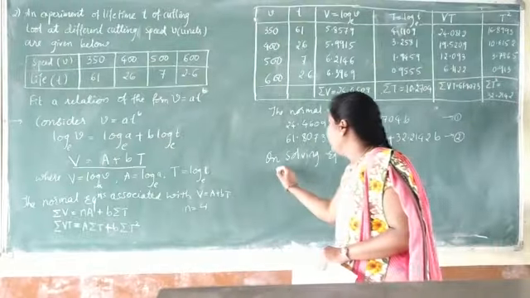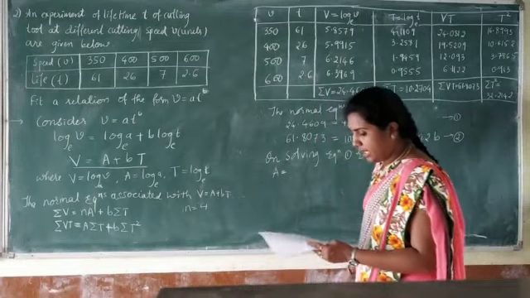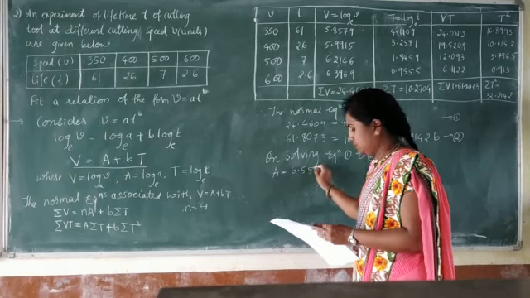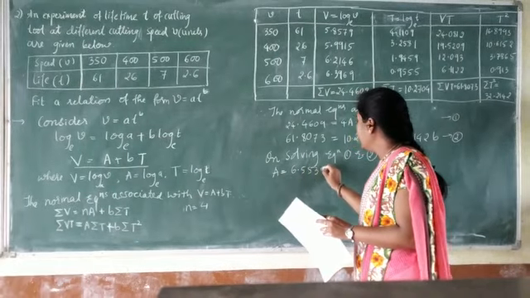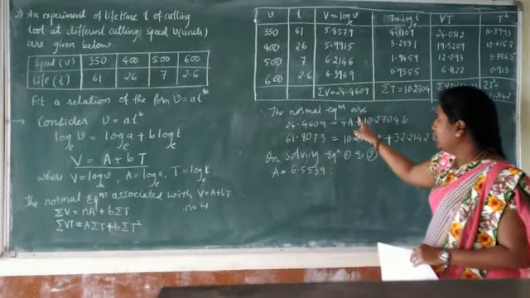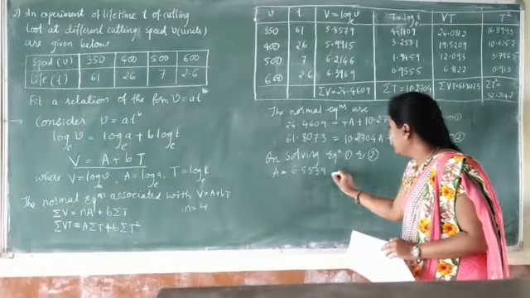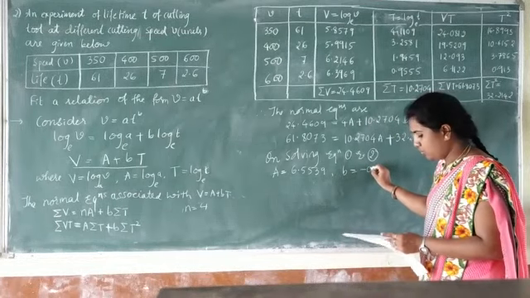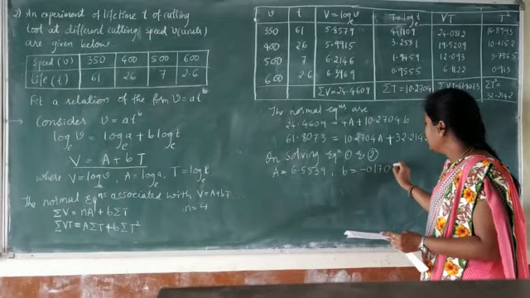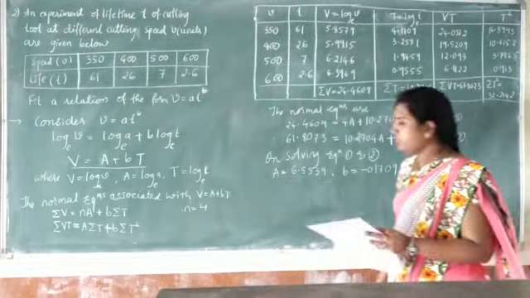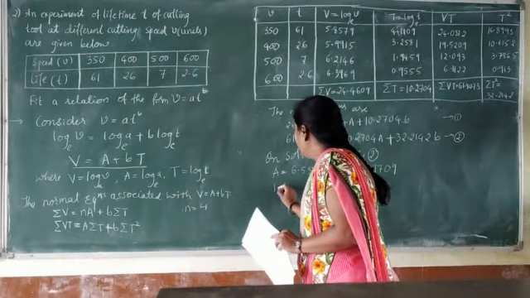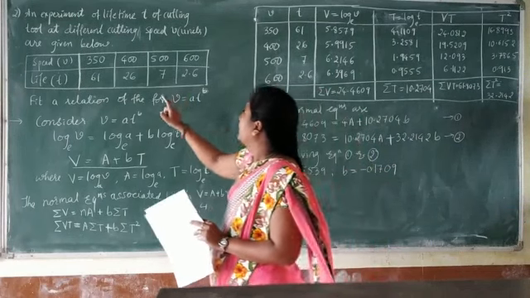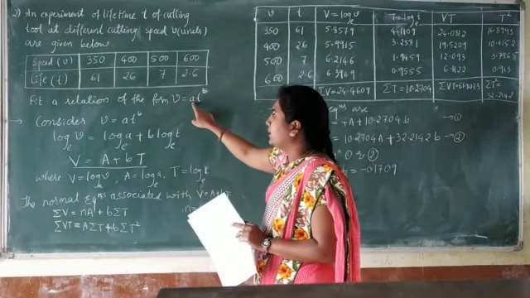A and small b. Okay, first one, the value of capital A is 6.5539, and substituting the value of A in any of these equations, we are obtaining the value of B, and the value of B is minus 0.1709. Next, to fit a curve, we want the value of small a, because we need to fit a curve